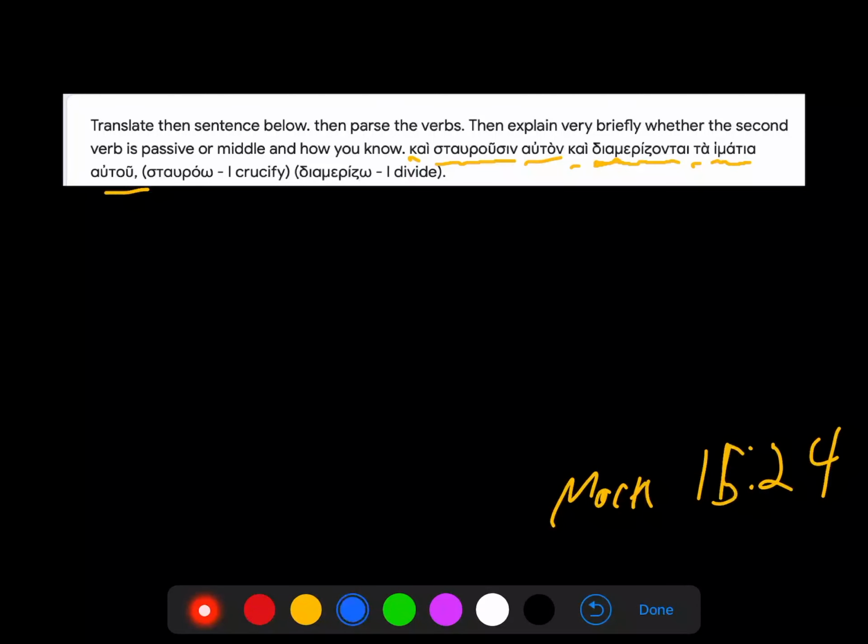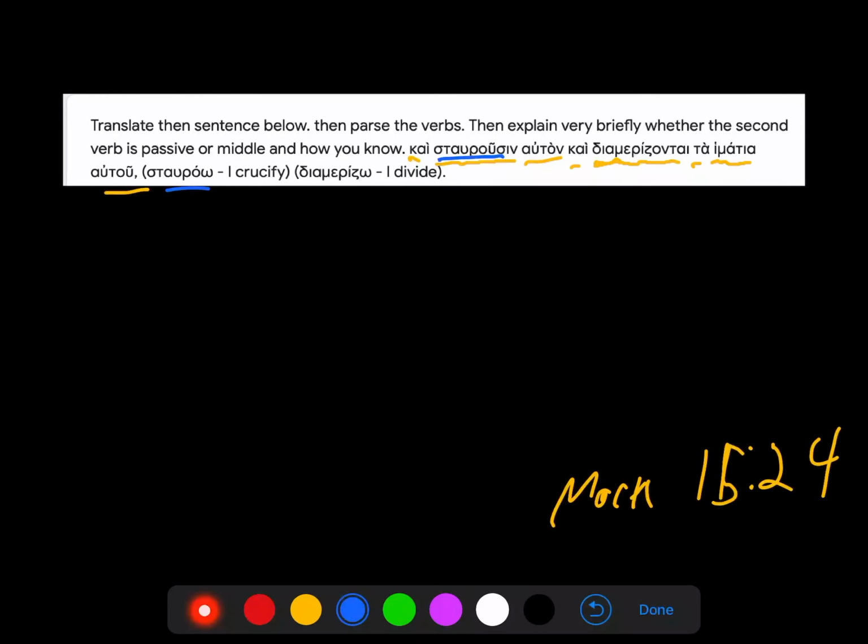Well, let's start looking, and we need to think about, well, who is the subject, right? Who's the subject of the sentence? And I gave you a few clues here because of words. I gave you the vocabulary words in here that are not in the glossary. If it's in the glossary, you had to look it up in the glossary because you can flip pages. If it's not in the glossary because you guys don't have lexicons, I gave you what the word actually is. This is the word to crucify, or I crucify.